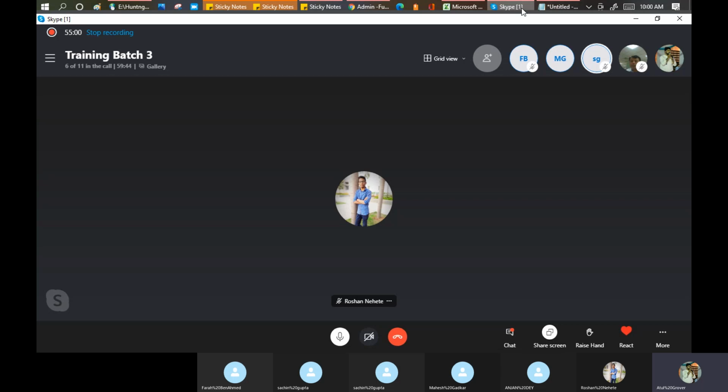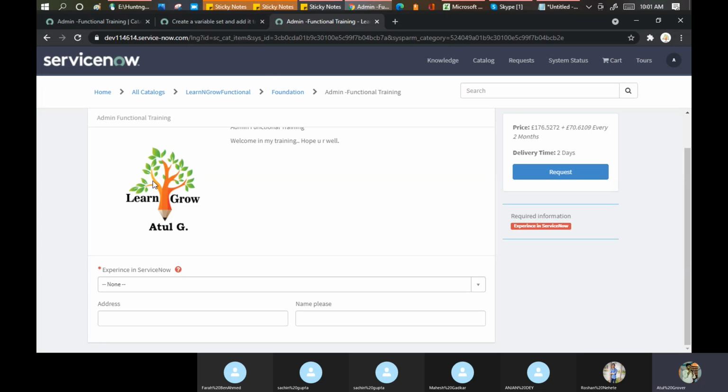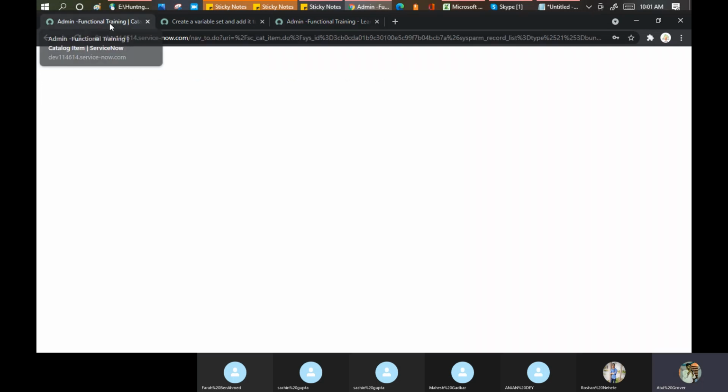That will be taken care of by your ServiceNow system admins or the team who is supporting this tool in the background. You as a consultant need to get the requirements from the customer: what you want to change in the existing one and what you're looking for in the new one. Decide the workflow and hand over to the admin team or the development team. They will do the things for you. My work, or your work, is just to understand from the customer what you want, what picture you want, what text you want, what variables you want. Tell me that part only. That is only what needs to be asked from the particular customer.